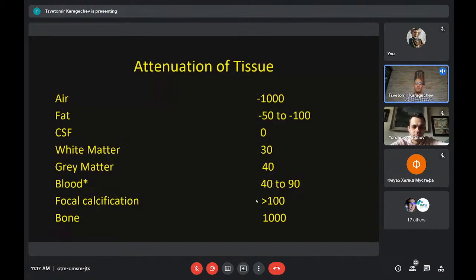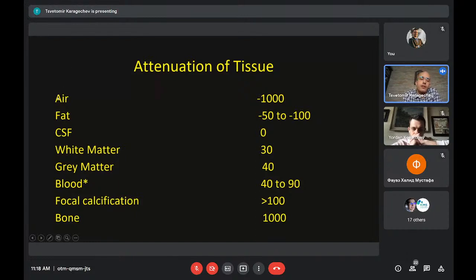So another important principle is that when the X-rays go through the patient, they get attenuated, and they get attenuated differently depending on what kind of structures they go through. The end result is a visual representation of this process, a shade of gray that corresponds to a number. You can see them on this side of the screen, on your left side. These are the Hounsfield units or the CT numbers.